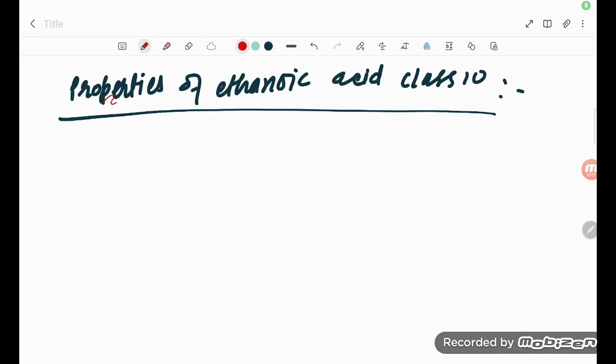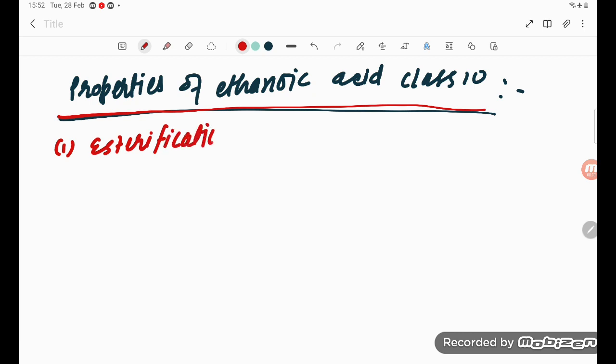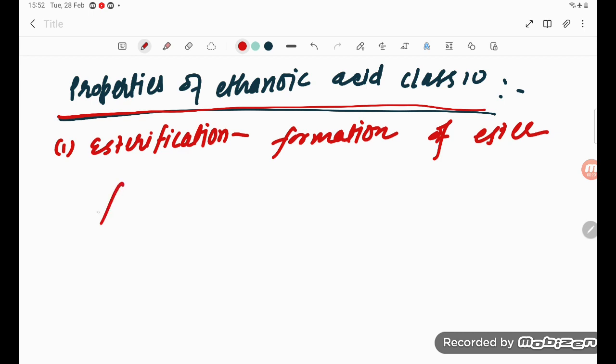Student, let's see the properties of ethanoic acid for class 10th. What are the properties? The first heading is esterification. What is esterification, student? It is the formation of ester. Formation of ester from ethanoic acid